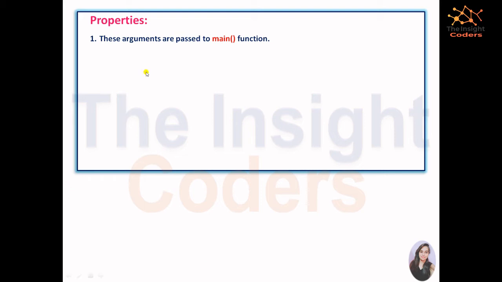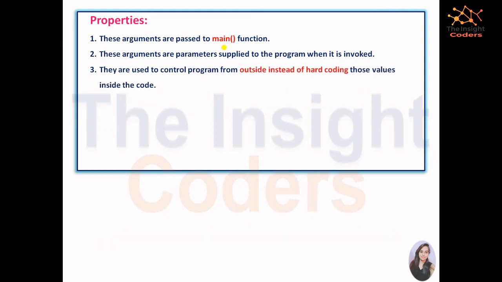But still, the properties that you must know are that they are always passed to the main function, as we have already seen. The second one is that it is supplied whenever the program is invoked, that is, whenever you compile and execute the program, you have to supply that. It is given from outside the program instead of hard coding. Hard coding means like int a equals 10. You have defined a static value for that. That is known as hard coding, which is not at all a good practice. And it is invoked whenever we call the main program. And yes, the 0th index, I told you, is always the program name. Then come the arguments that you have passed as the input.